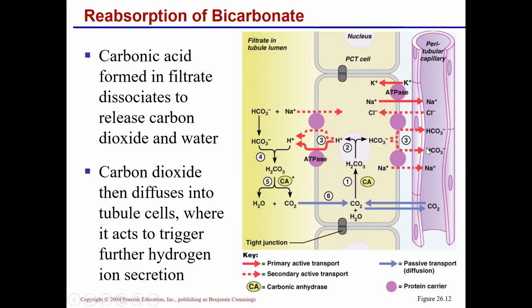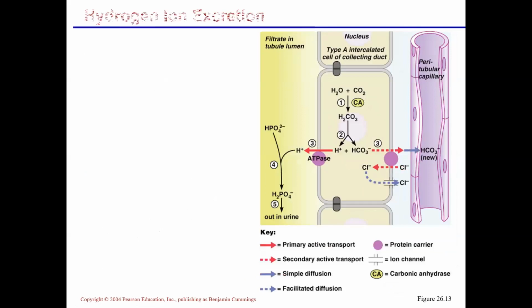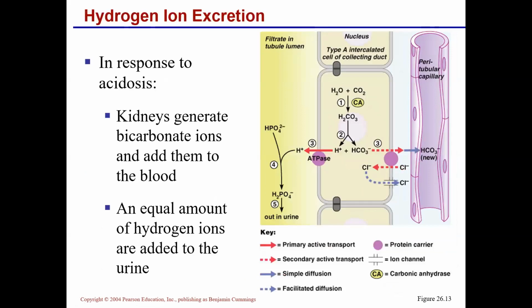Once you have bicarbonate ions in the blood, the bicarbonate ions can bind with hydrogen ions to increase blood pH. The next mechanism is called hydrogen ion secretion. This mechanism is in your book, page 1031. It is called a new bicarbonate ion is generated via buffering of secreted hydrogen by